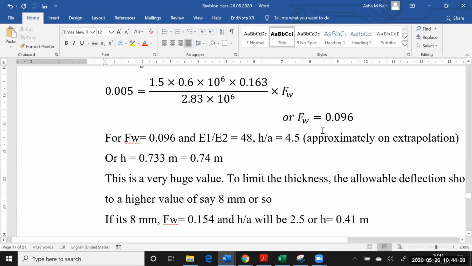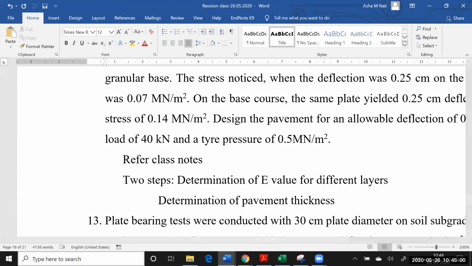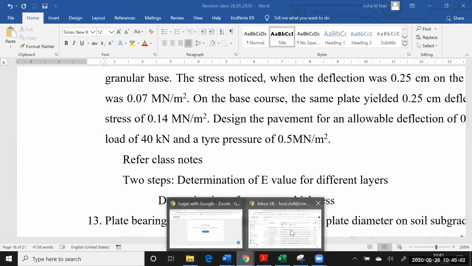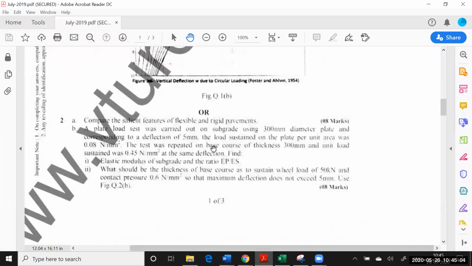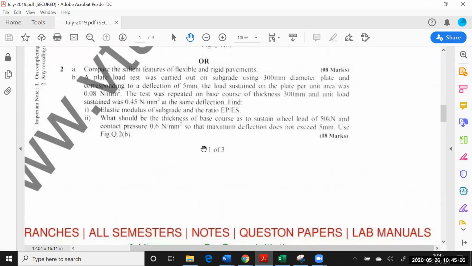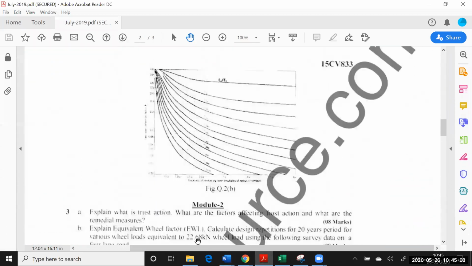I hope all of you have understood all these concepts. By these things at least you will be comfortable going through your module 1. So what are the things you have to keep in mind? Burmister's theory and Boussinesq theory, and also the assumptions, limitations, the characteristics of different layers, and the differences between flexible pavement and airfield pavement. This is also a very, very important concept. It is there in my notes. Please have a reading exercise.